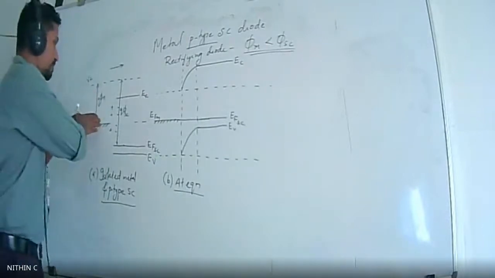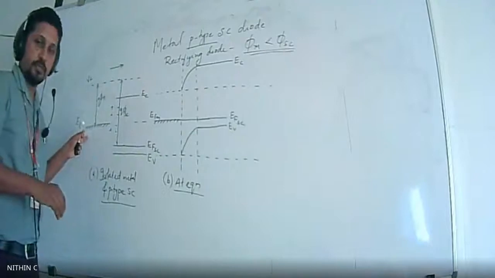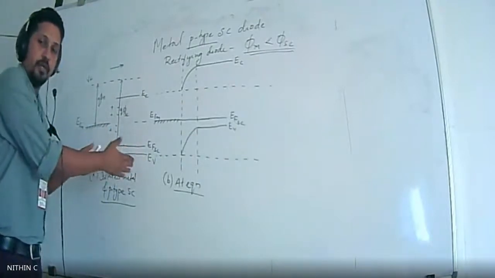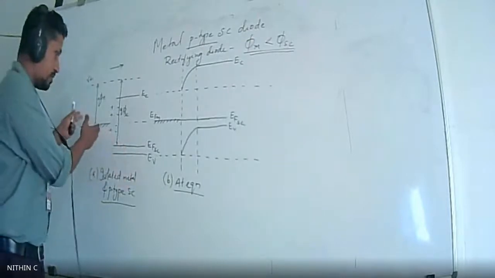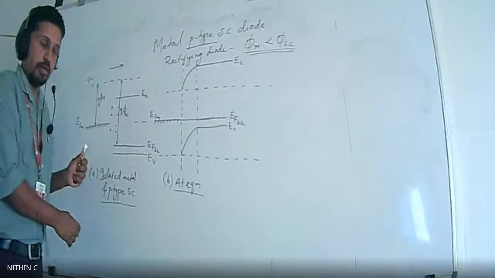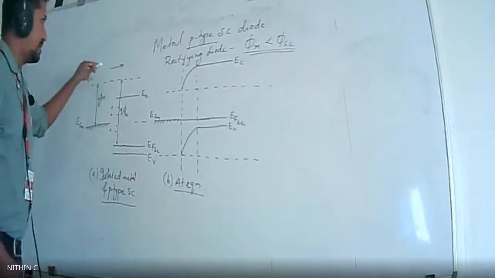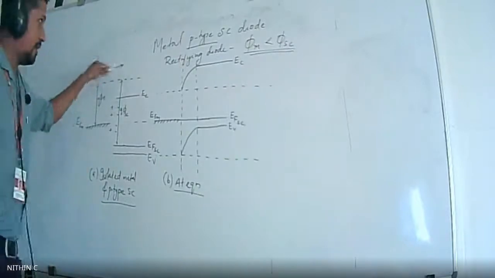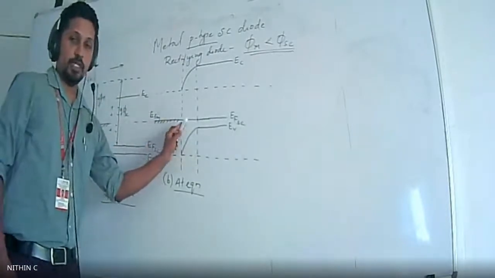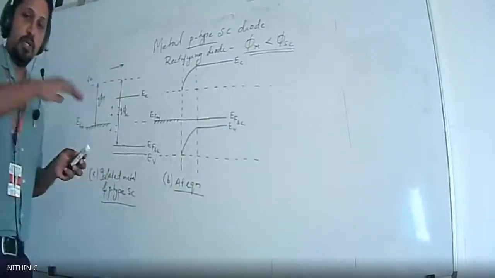Electrons are moving from metal to semiconductors. Why? Since we are considering a p-type semiconductor, it will be having plenty of holes, so the electrons from the metal can easily move to the semiconductor side. Okay, that is the reason for the electric field in this direction. So in that direction, upward, the energy band will bend in the depletion layer. Outside the depletion layer, it will be perfectly neutral.